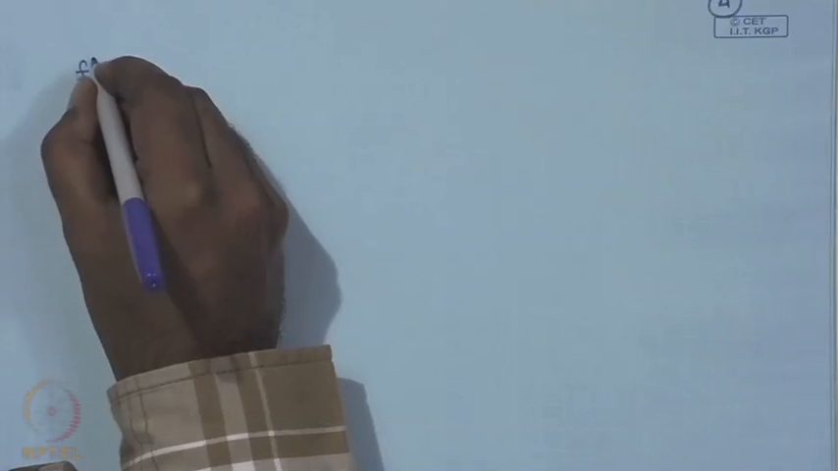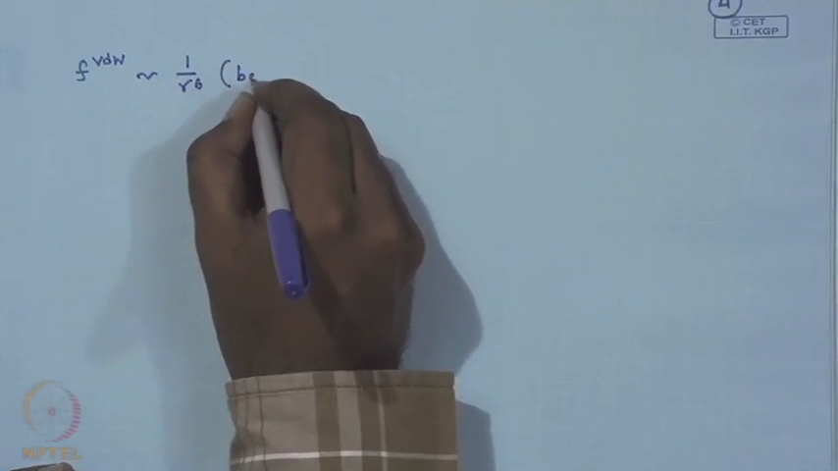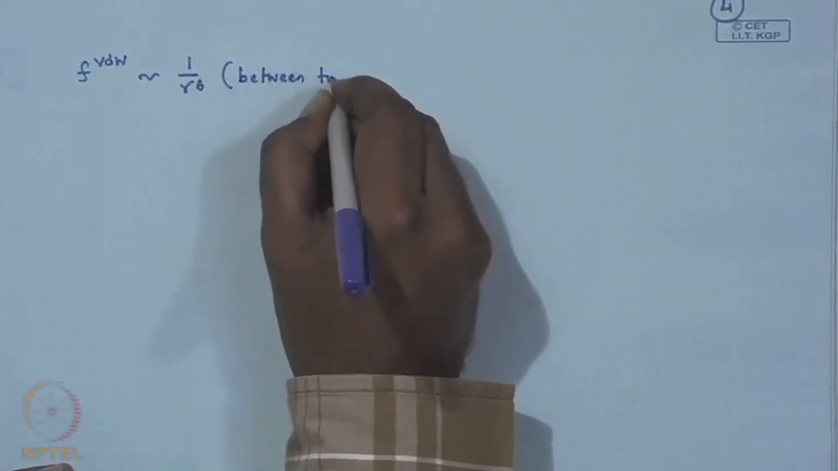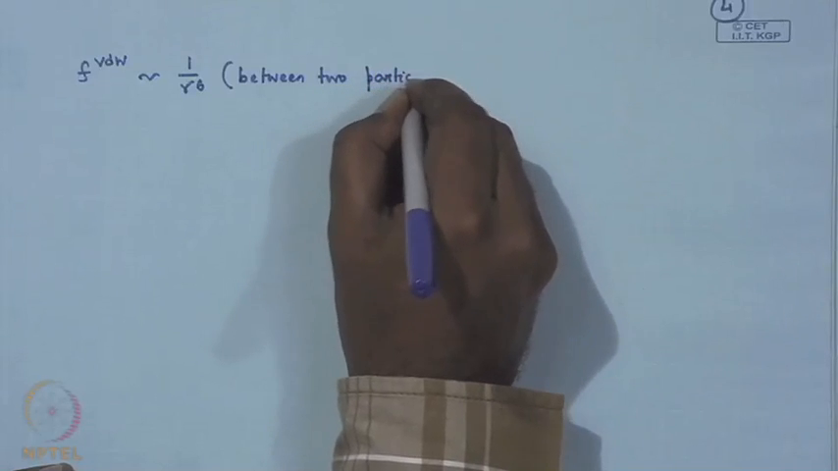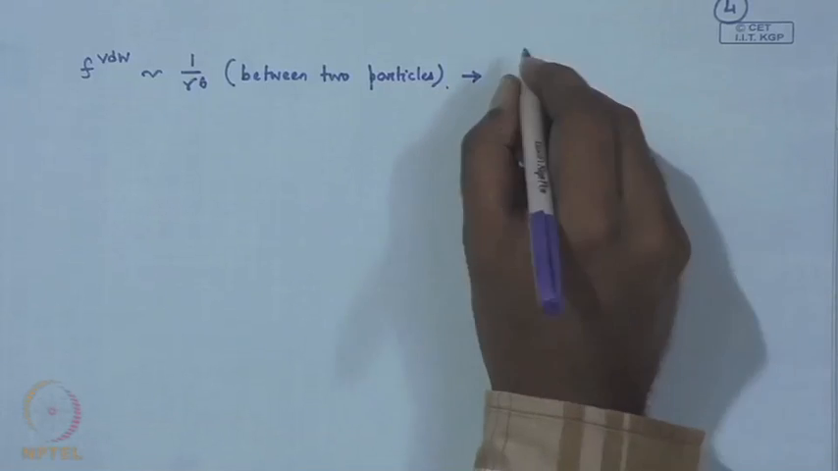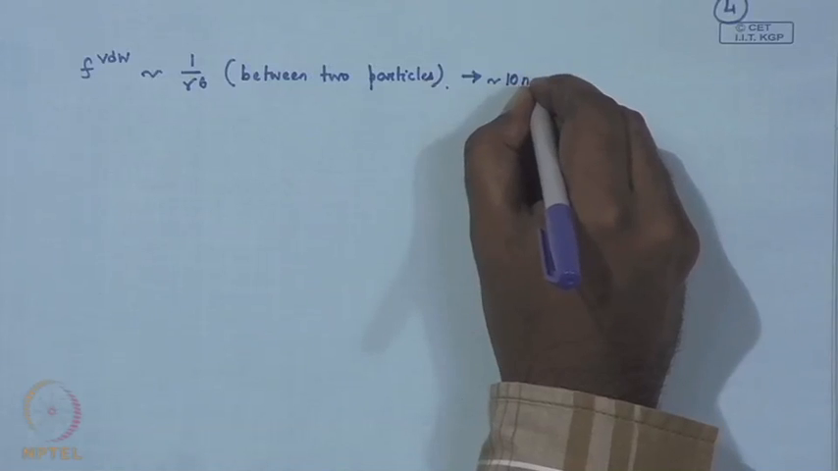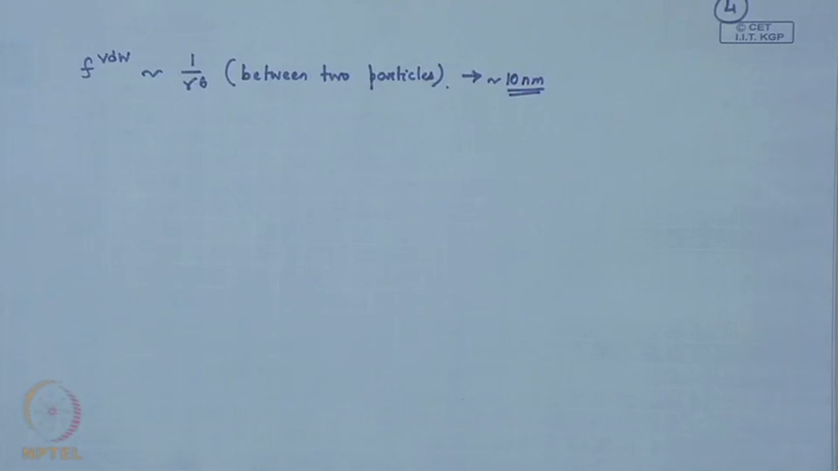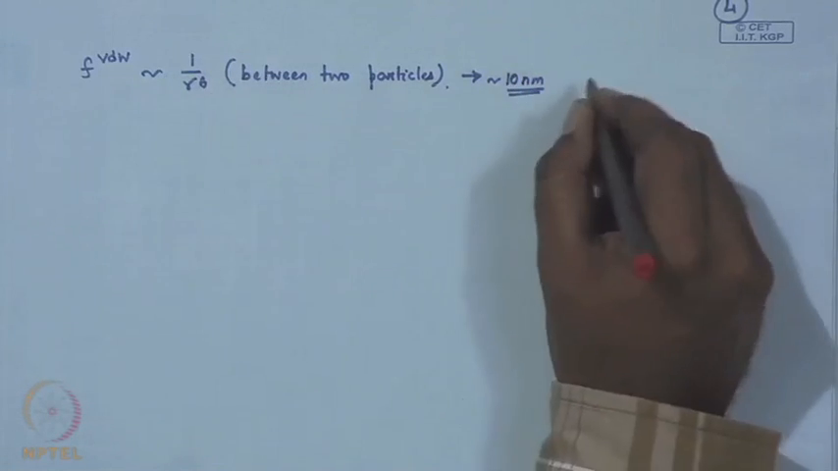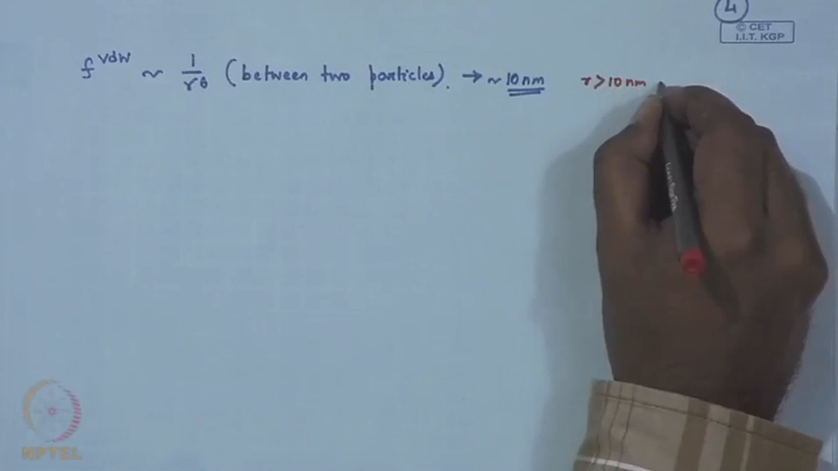So, for our understanding, what is important to note is that the van der Waals force between two particles has a scaling of 1 by r to the power 6. For the time being, believe me that this interaction stretches to roughly around 10 nanometers, definitely not beyond 10 nanometers where this becomes large. So, for r greater than 10 nanometer, V